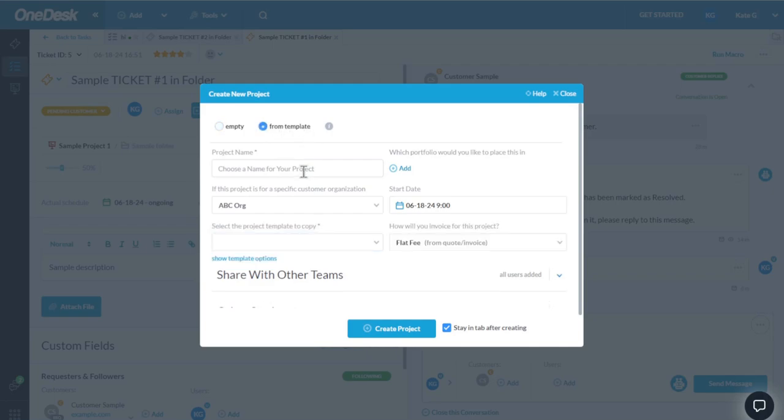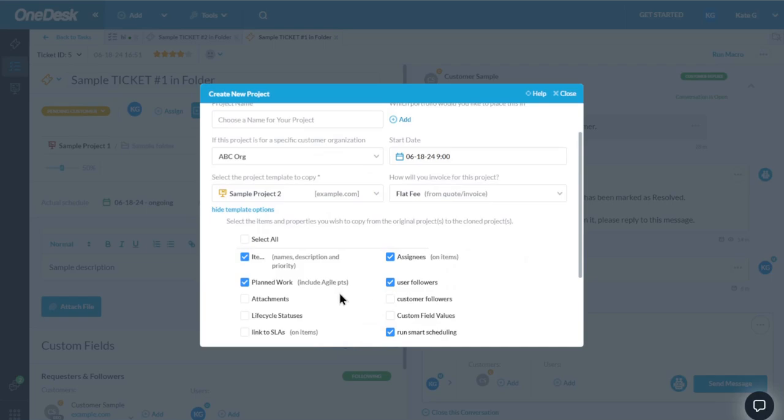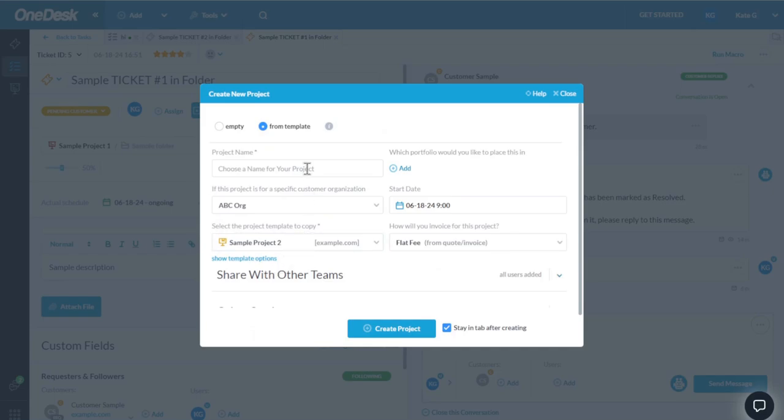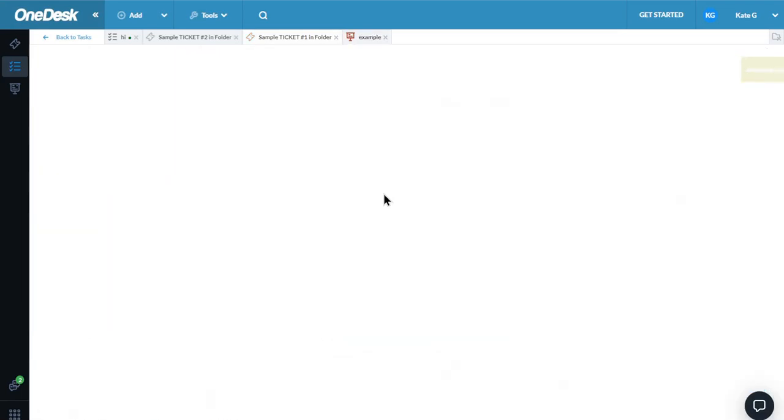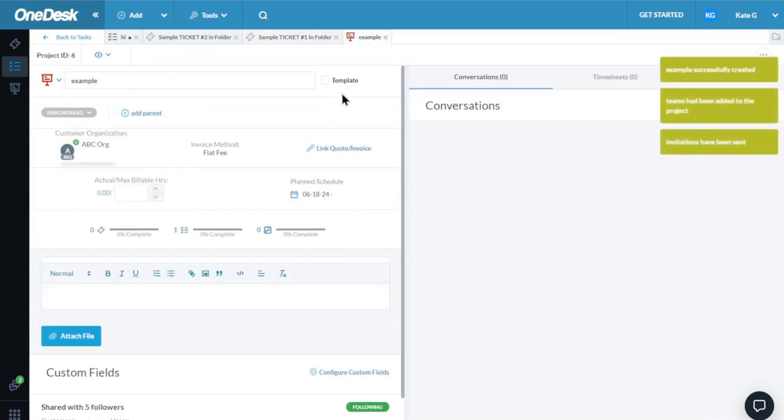You can also create a project from a template. This allows you to copy over tasks, assignments, estimates, or other properties. This is a common use case for companies that have one or more services that go through similar processes each time. You can mark an existing project as a template by going to the Project Detail panel. Then, mark it off as a template.